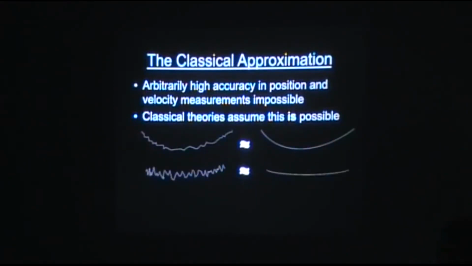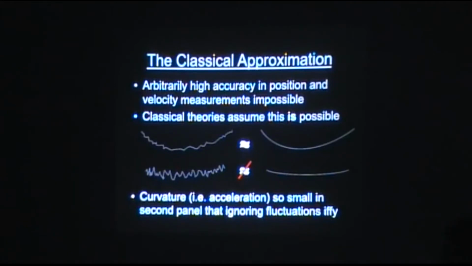Now, what happens if you look at a much smaller mass, or much further away, where the accelerations are much smaller? Then it's curved much less, but you're still stuck with the same procedure, right? That you approximate it as if it's totally smooth. The thing is, here you might be missing a big part of the picture because, for example, if there was energy in all these corrugations, you might miss all that. Whereas here, it might have been okay-ish. So what that means is that this is probably not a good approximation. In other words, if the acceleration is very small, ignoring the quantum effects is probably not such a good idea.